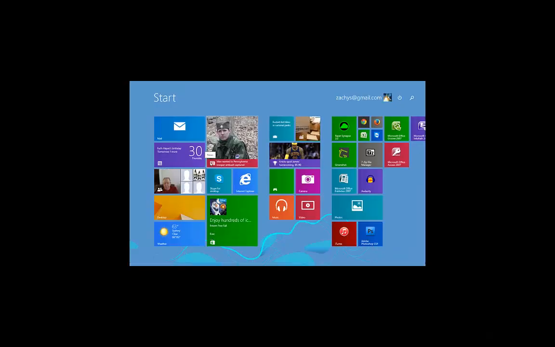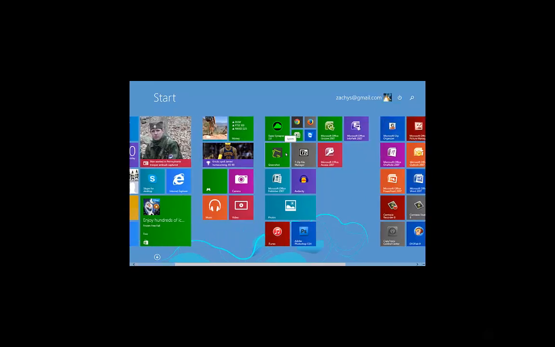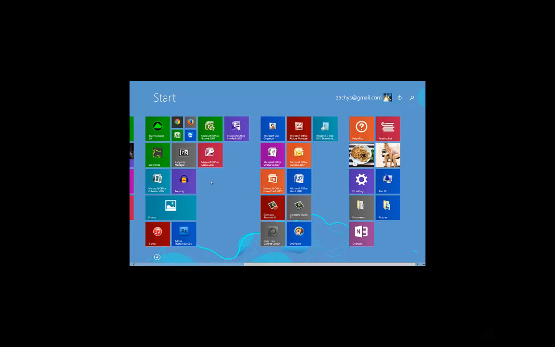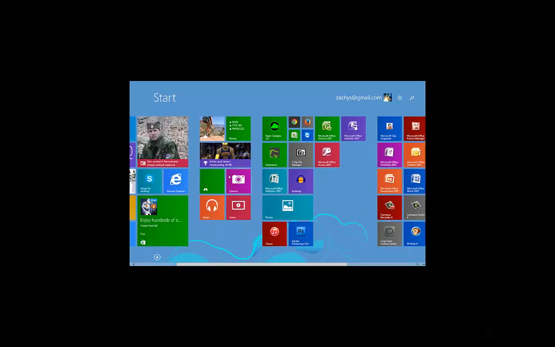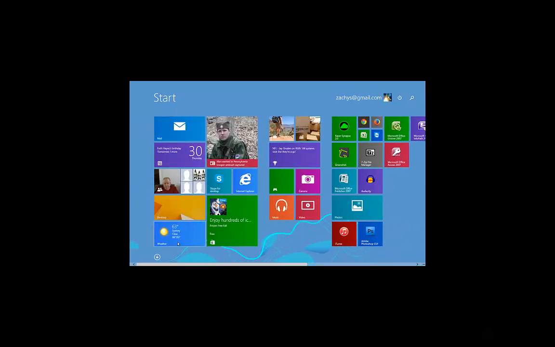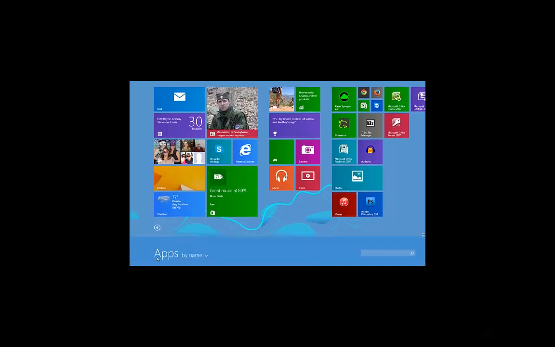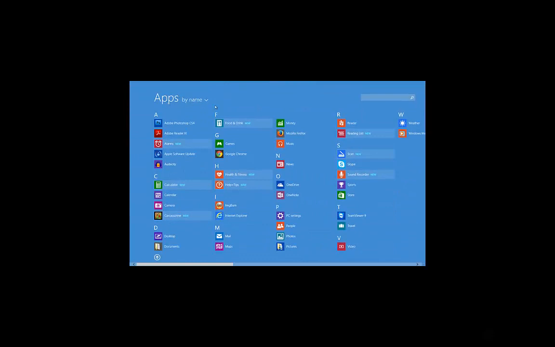Now let's go ahead and say that we wanted to pin a different icon to our start screen. You can see that we already have quite a few of these tiles mapped out here for us. I don't really have a lot of applications installed on my Windows 8 installation here yet. It was just kind of a new thing that I wanted to try out. But I know I do have one icon on here that I can put on my start screen that's not currently on here. So if we click on this arrow down here at the bottom of our screen, it's going to show us our list of applications that we have installed on our computer,